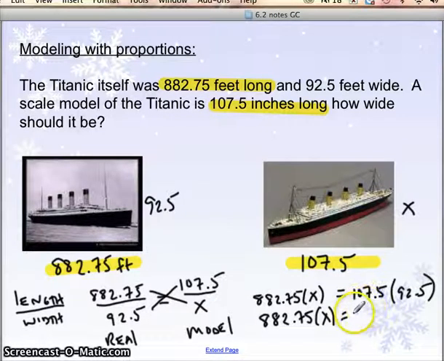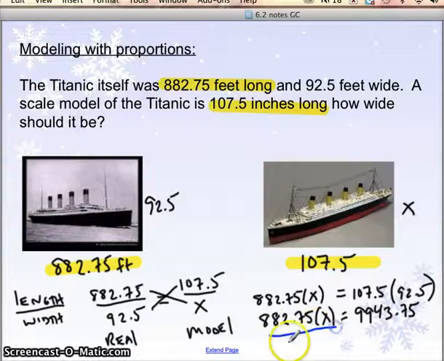And that ends up being 9,943.75. And we need to get x alone, so now we're going to divide by 882.75. Then what's x? X equals, put that in your calculator, divide those out, and you get